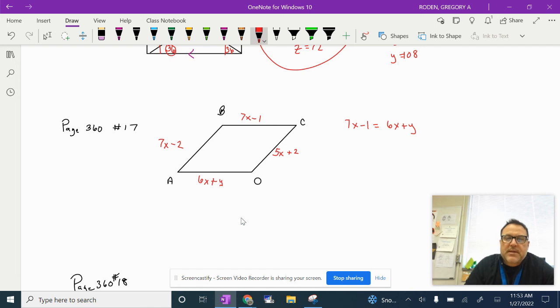Now, we cannot say that 7x minus 1 is equal to 5x plus 2. It may be, it may not be, but we don't know if this is a rhombus or not. We're not told if it's a rhombus. We don't have enough information here to know it's a rhombus. So we cannot say that equation because we don't know it's a rhombus. We'll see if it is in a minute. Okay? So the other equation I can write is 7x minus 2 equals 5x plus 2 because we know it's a parallelogram and opposite